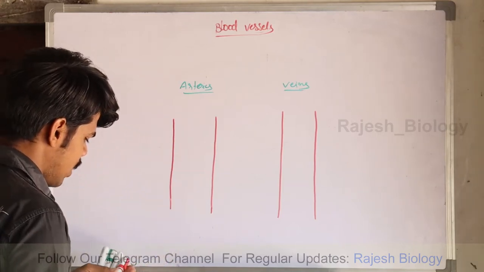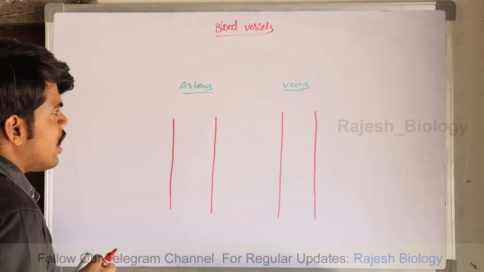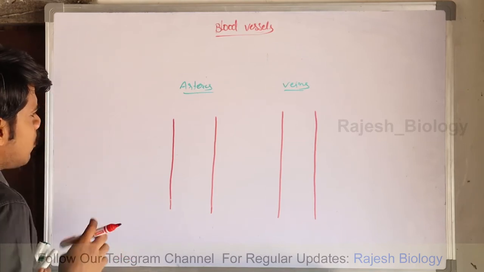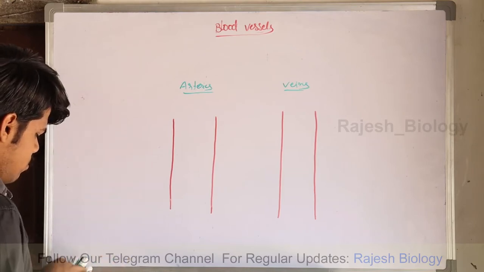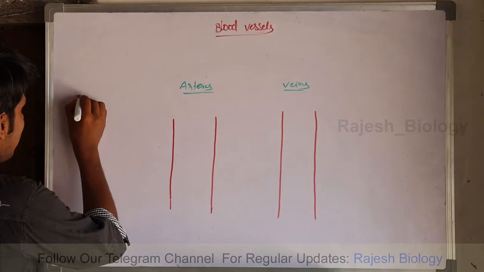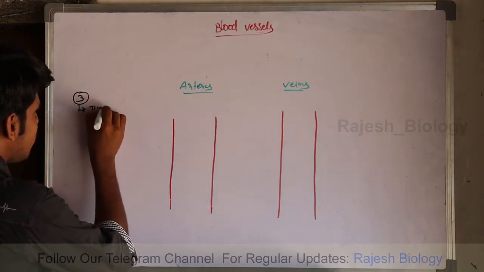The wall structure of the blood vessels. First, any blood vessel, either an artery or a vein, is made up of three layers. They are made up of three layers. They are tunica externa,